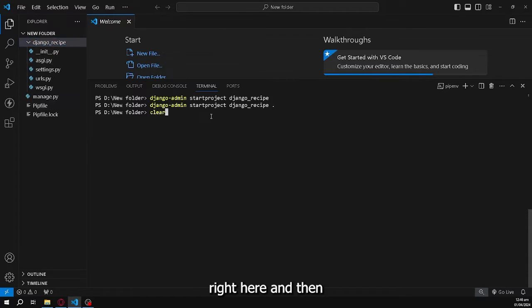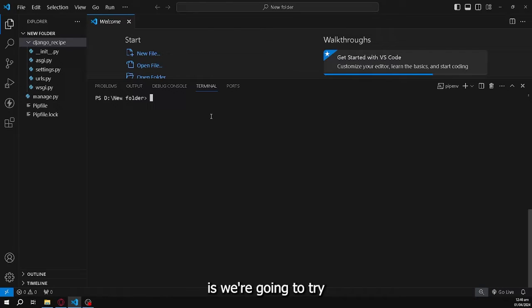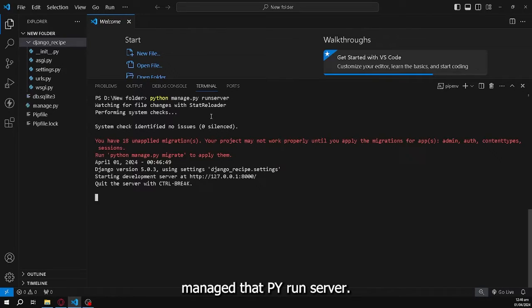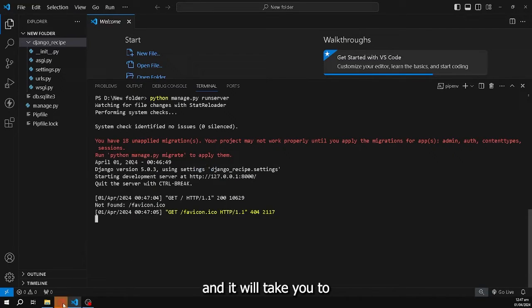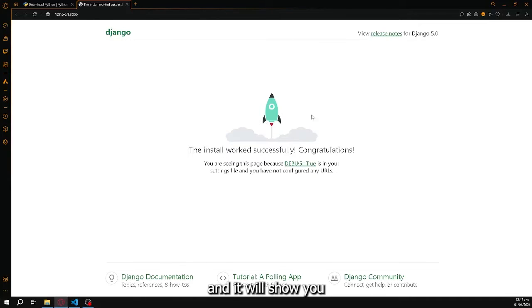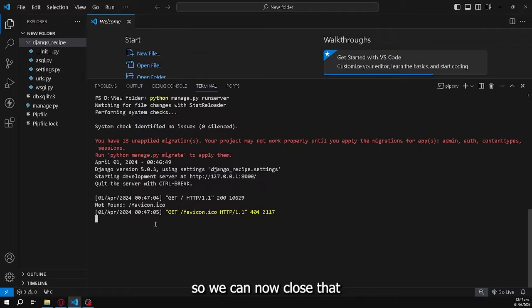And then what we're going to do now is try and run our server. So python manage.py runserver. We have a warning here, so just don't mind it for now. Let us start our development server here. You can see this URL, just click that URL and it will take you to your browser, and it will show you this landing page that we have here. It tells us that we are now successful in setting up our Django environment, or our development environment. So we can now close that,